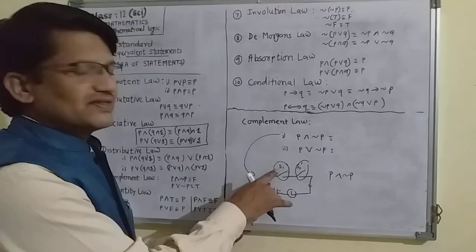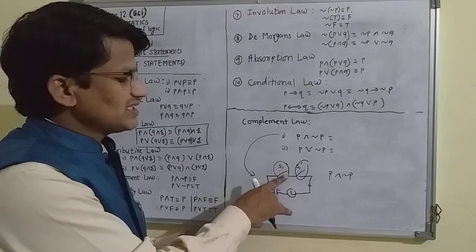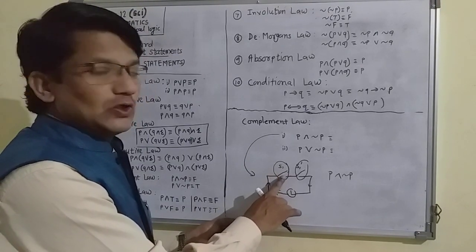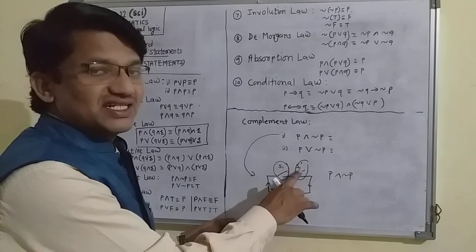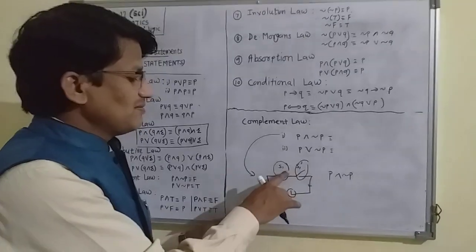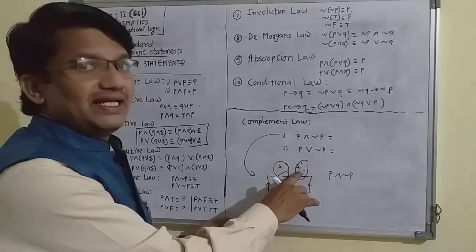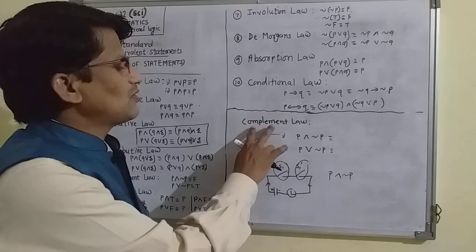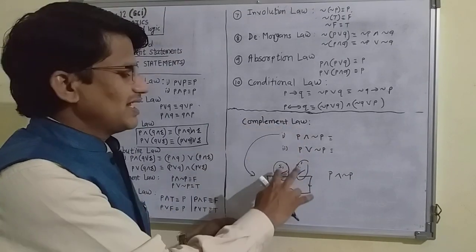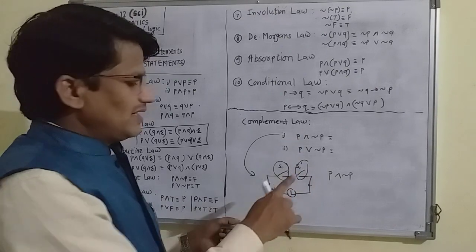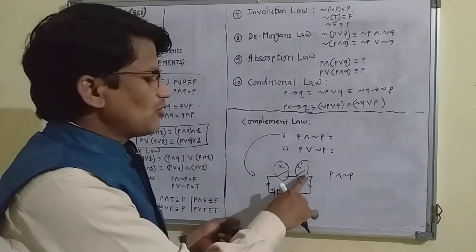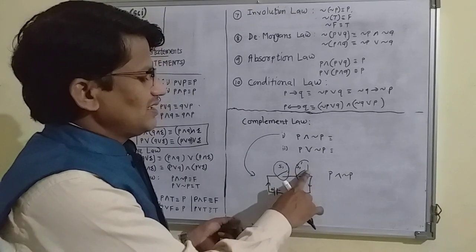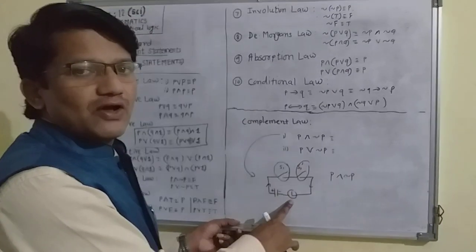Now see, what is S1? The switch S1 is closed. Closed means current will pass from this point to the other point. If this is closed, this is open because S1 dash is given here, not S2 but S1 dash. These are complementary switches, and we are going to discuss complement law. Whenever S1 is closed, S1 dash is open. Open means the current will not flow from this point to the other point. As a result, the lamp L will not glow.